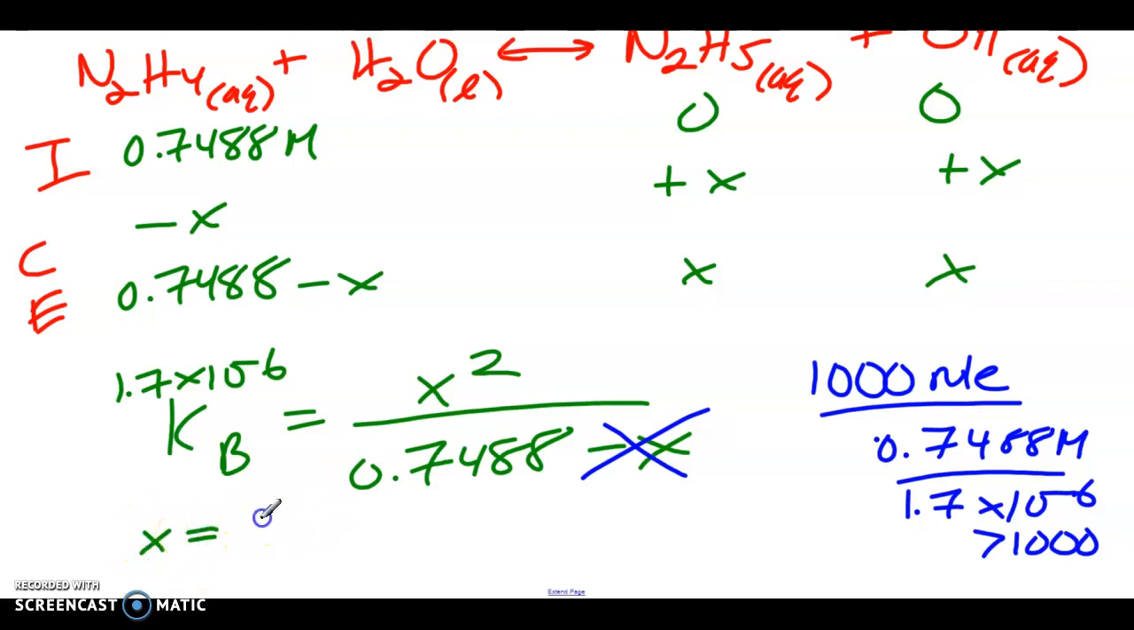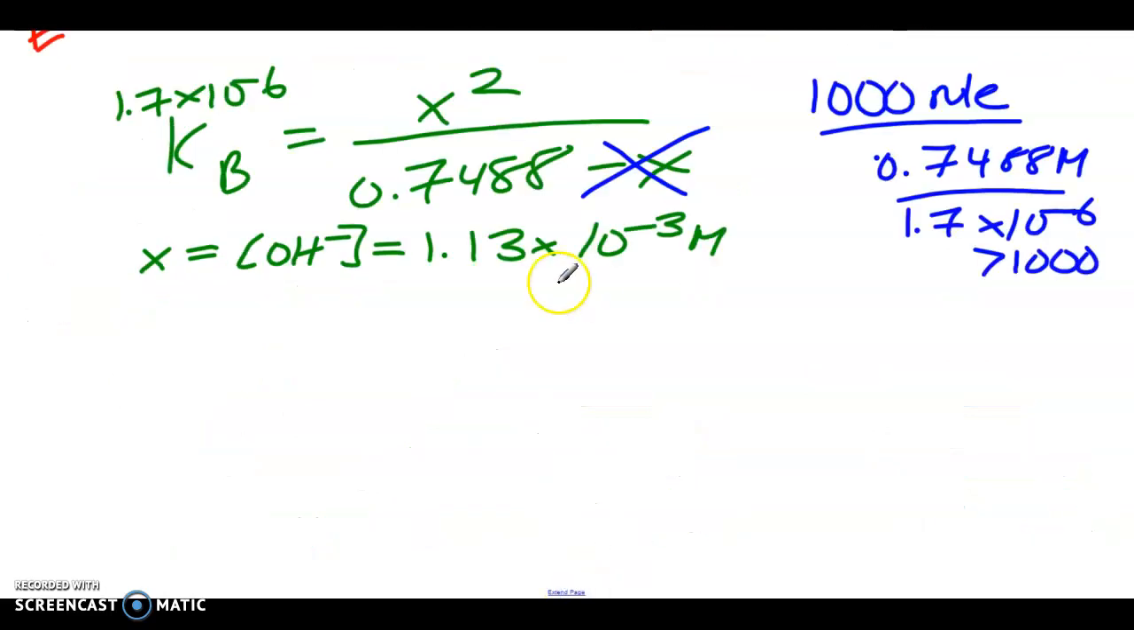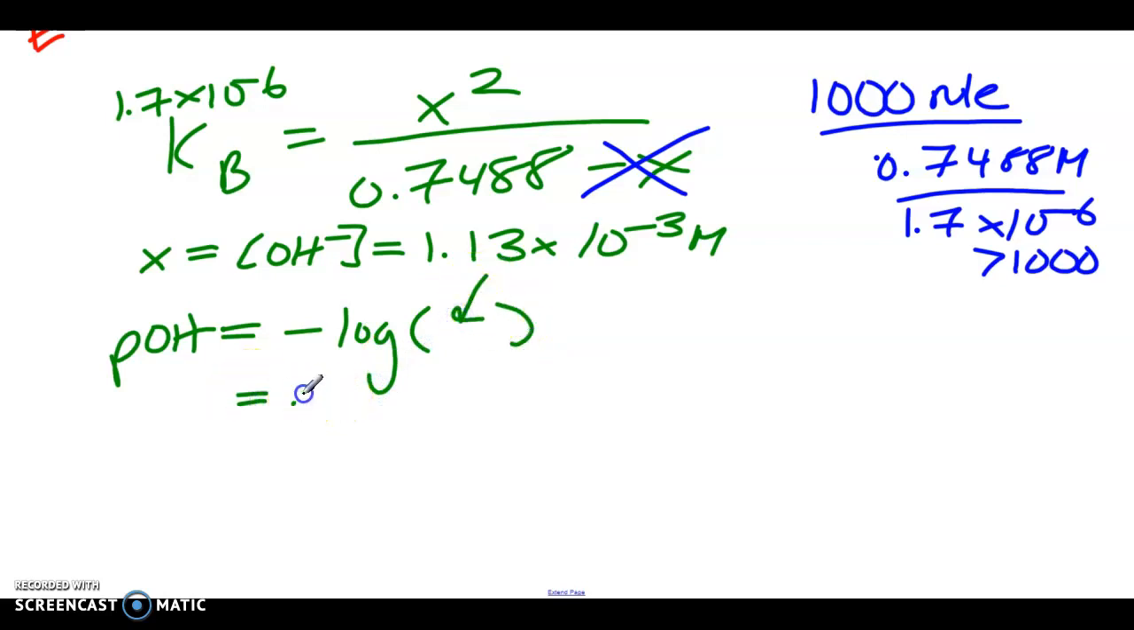So our x in this case is going to be equal to hydroxide, which is the important part here, which will then be 1.13 times 10 to the negative 3 moles per liter. So because we have that, we can now find our pOH by doing the negative log of that, which will then give us 2.948. And the question originally was asking us for the pH, which means we're going to do